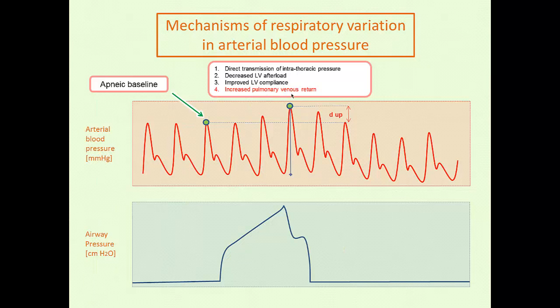And so the reason that I've put it in red is that really this is, out of all of these mechanisms of DEP, or your increase in systolic pressure during inspiration, the only one that has anything to do with volume responsiveness, or volume per se in general. And the increase in pulmonary venous return that you have, because it's a function of West Zone 3 physiology, you can actually see that in an overload state. So this could be a mechanism of a false positive, but it may also reflect the previous expiratory